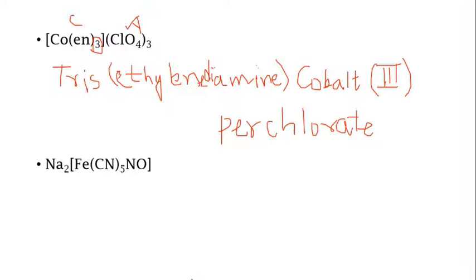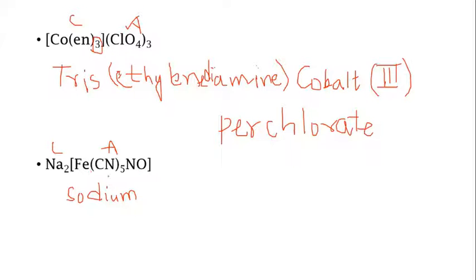Then coming to the next example, you have Na2[Fe(CN)5NO]. So this is the cationic part and this is the anionic part. So the cation you will start with. So this is sodium. And coming to the anionic part, if you can see, you have 5 cyanide groups and 1 nitrosonium group. This is NO+. If you go back to the types of ligands, in the positive types of ligands, you will observe that NO+ is the nitrosonium ion.